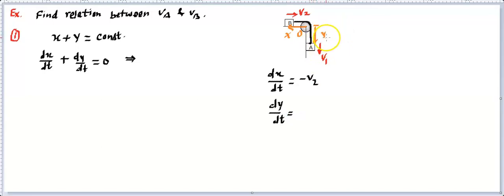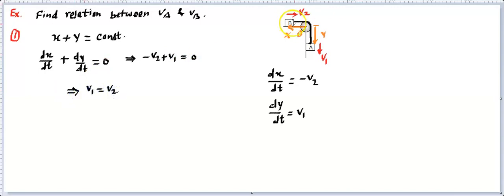So as time passes, y increases, so v1 and vy are in the same direction, so we are going to write it as v1 plus. So why did we write this minus, can you think of? From the origin, the position was pointing in this direction where the velocity was this, they were opposite, so the minus sign came in, which will lead to minus v2 plus v1 equal to 0. So again the constraint relation is coming: v1 is equal to v2.